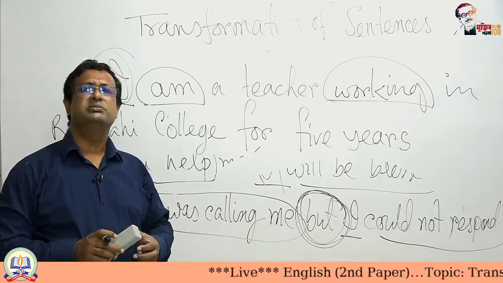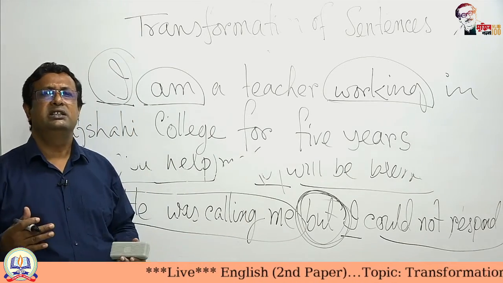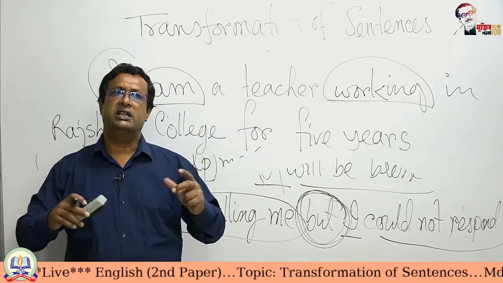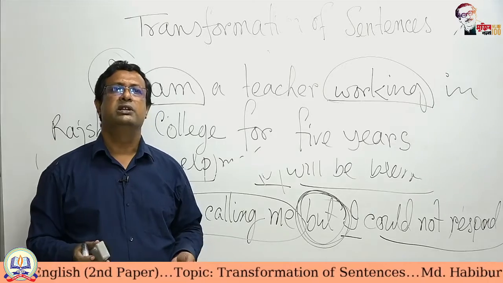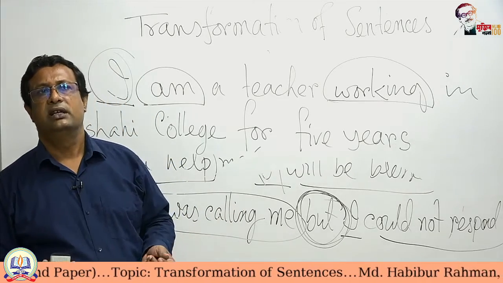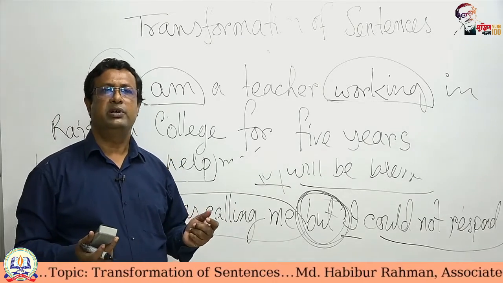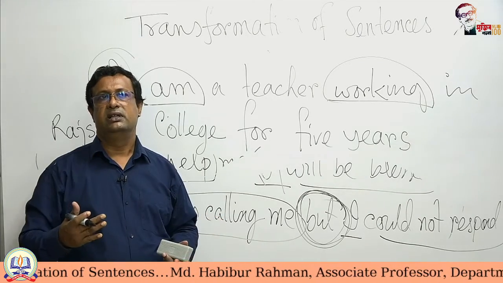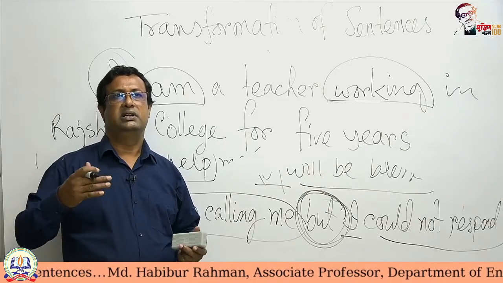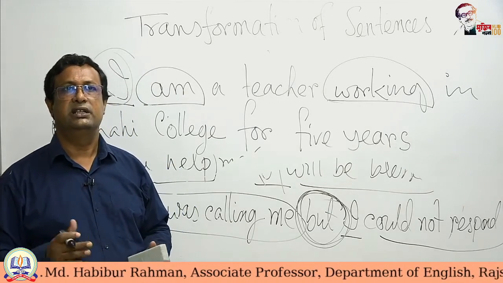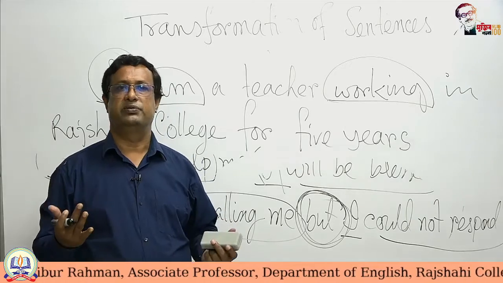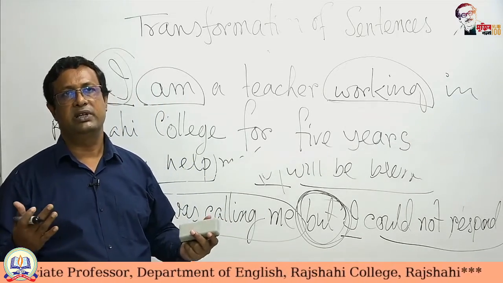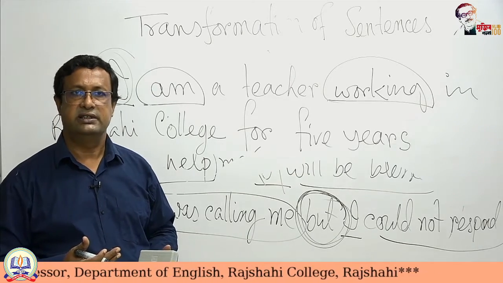So a simple sentence may be large in volume. It depends on your expression or what you want to say. Automatically you make a sentence simple, you make a sentence complex, and you make a sentence compound. It depends on the situation. And our purpose of teaching you transformation is that you will know various forms, and it will help you make different forms of sentences.